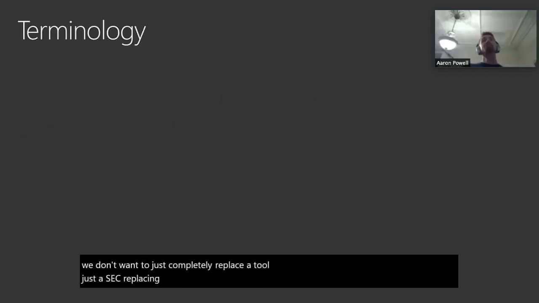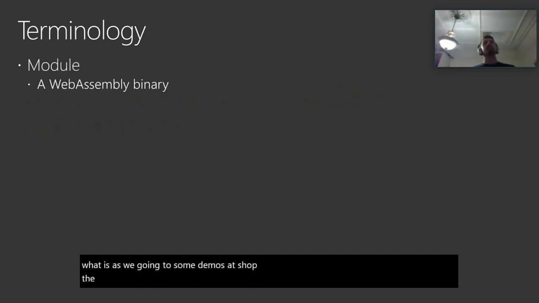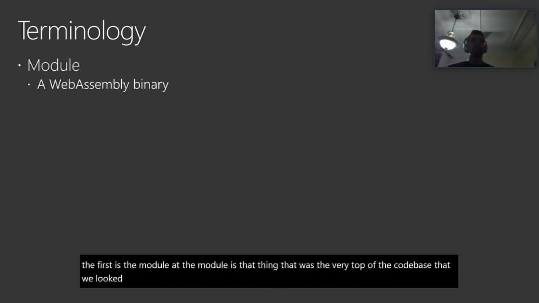Now, there's a bunch of new terminology that WebAssembly introduces into the mix that I'll just touch on so that we all understand precisely what it is as we go into some demos shortly. The first is the module. The module was that thing that was the very top of the code base that we looked at right back at the start of this talk.